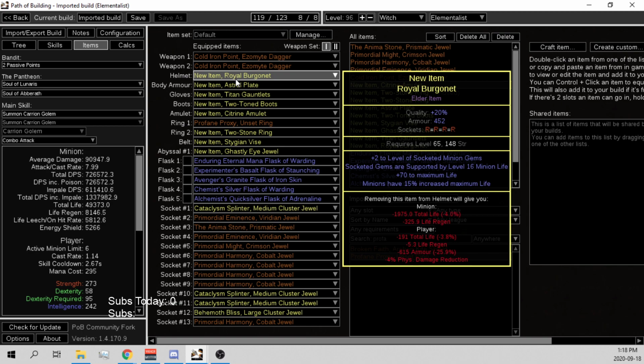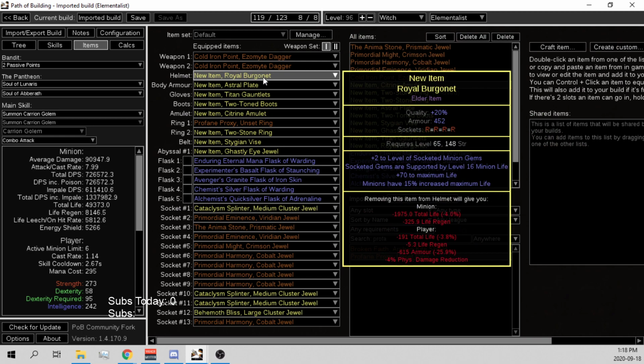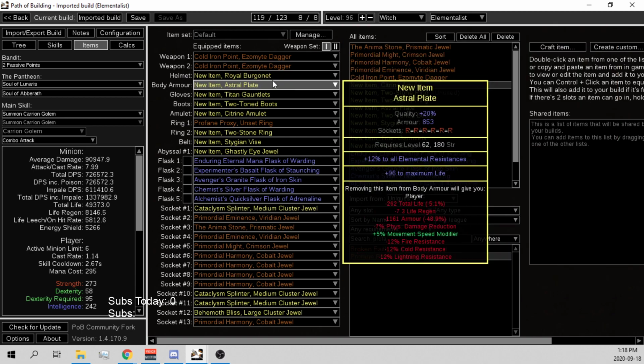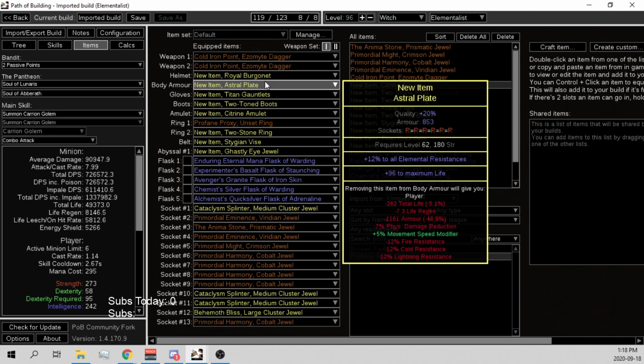So for example, you can go for an Elder helmet that has +2 socketed minion gems, and socketed gems are supported by level 16 minion life. I had this last league, and the cost of rolling this with chaos on a level 68 plus Elder helmet was like 900 chaos, and it would take like 90 bound fossils with some weird combination. It's really expensive to roll,